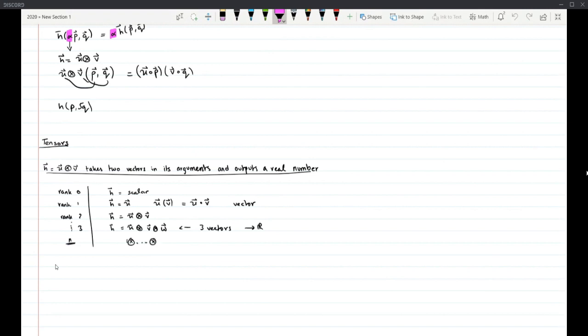Okay, it takes n such vectors and returns a real number. Right? Does everyone see that? So now, for example, if I told you that in GR I have something like G mu nu, immediately you can tell me, okay, that's a rank 2 tensor because it has 2 sets of indices. If you remember, I started off this lecture by saying we're going to be interested in a quantity called the Riemann Tensor, right? Immediately now you can expect that this quantity, whatever this tensor is, has